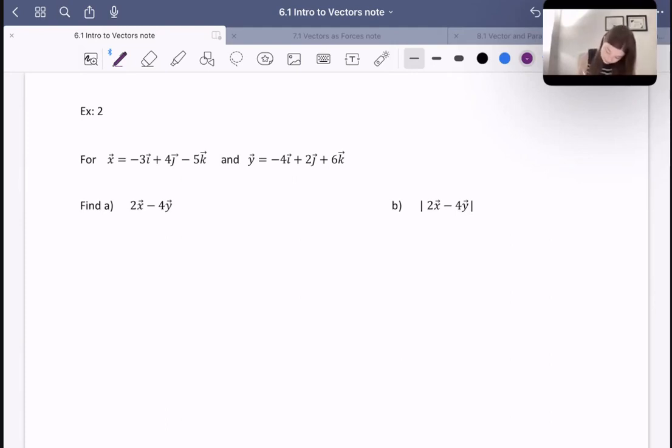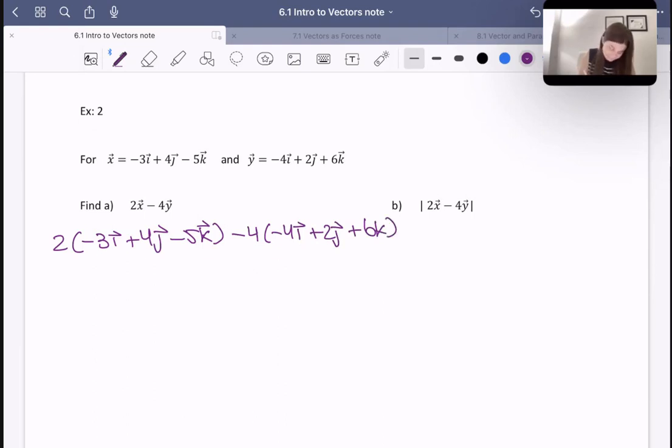Okay, so here we have 2 times x, so that's going to be negative 3i plus 4j minus 5k minus 4 times negative 4i plus 2j plus 6k is equal to negative 6i plus 8j minus 10k plus 16i minus 8j minus 24k, which is equal to